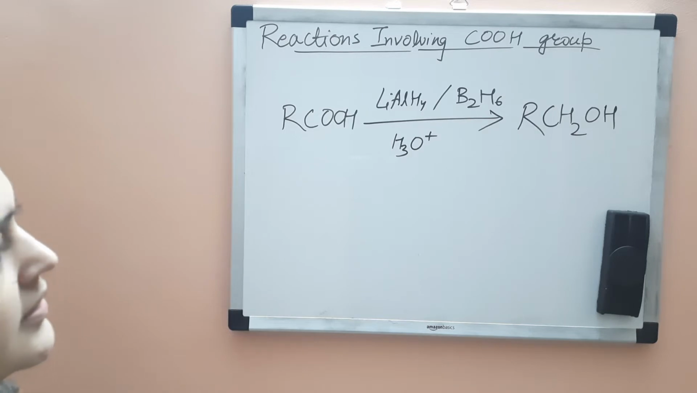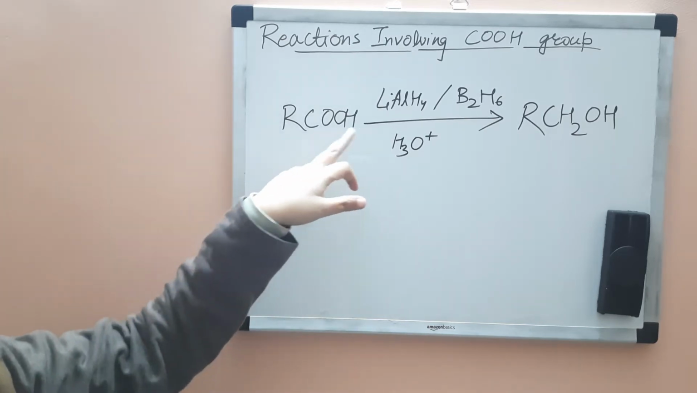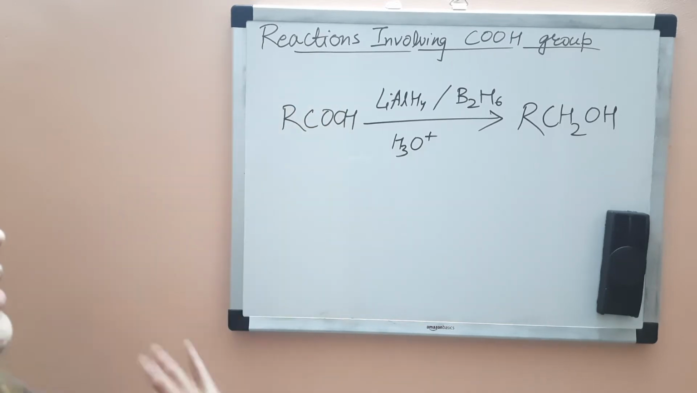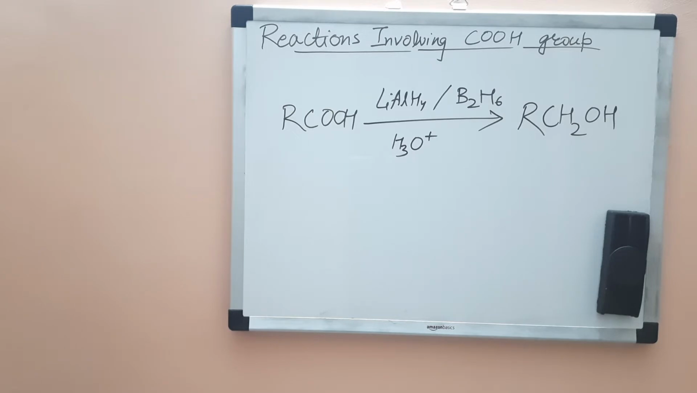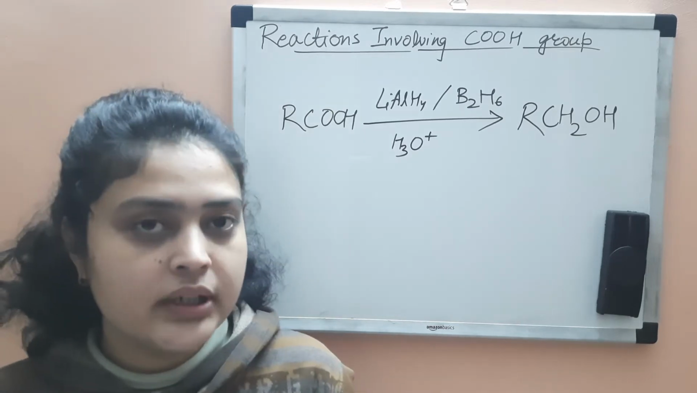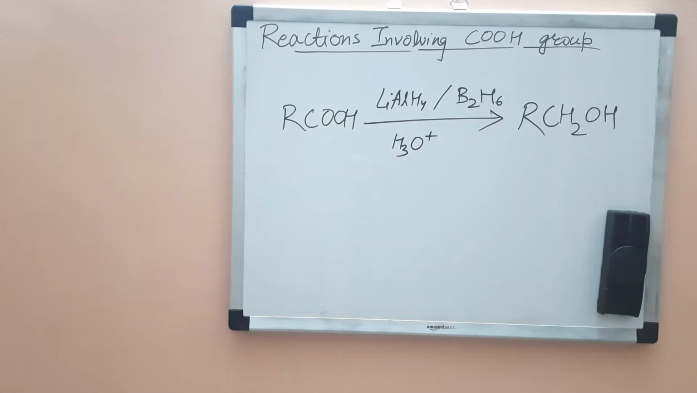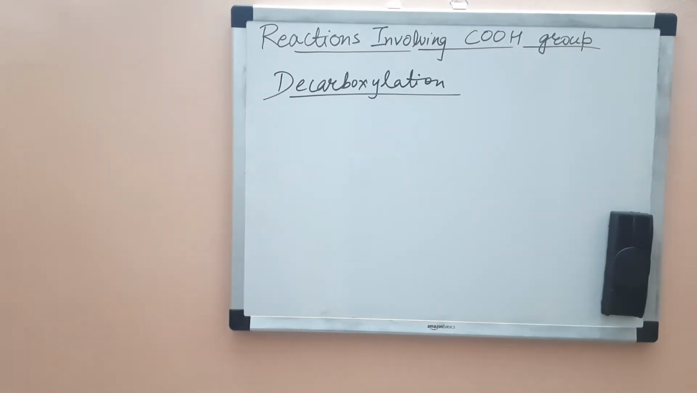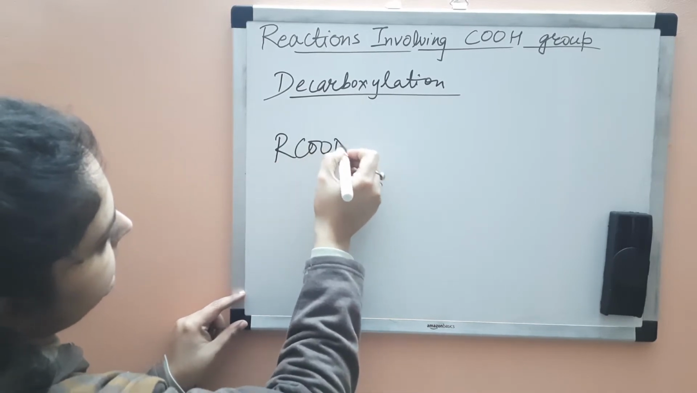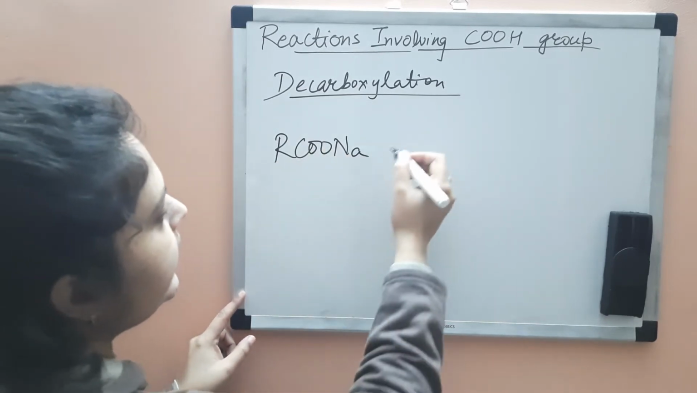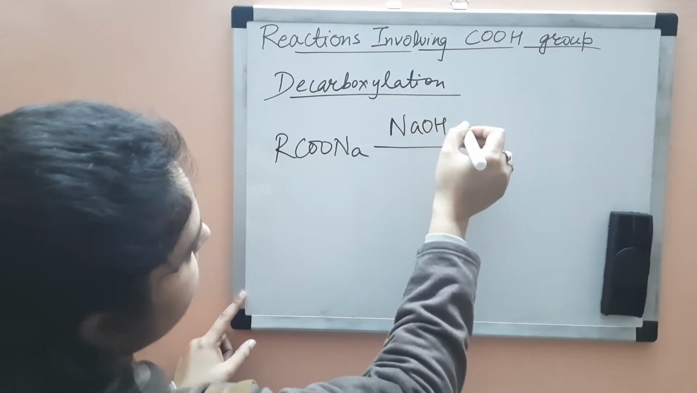The second reaction is decarboxylation. So in decarboxylation, what happens? Your CO2 is removed from the carboxylic acid. So the first reaction is when you add soda lime, that is NaOH and CaO. So you have to take sodium salt of carboxylic acid, RCOONa, and when you add soda lime, that is NaOH and CaO,